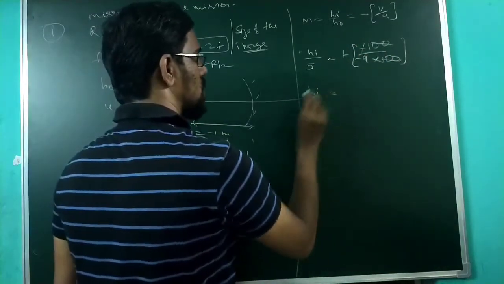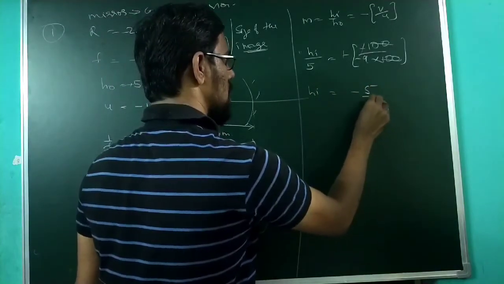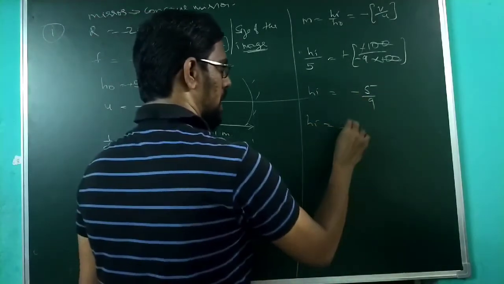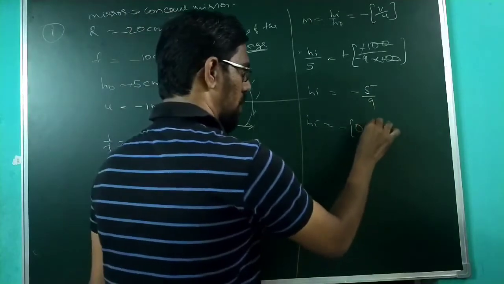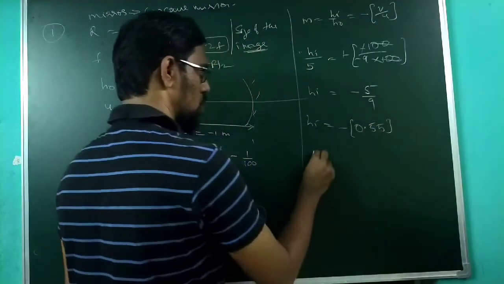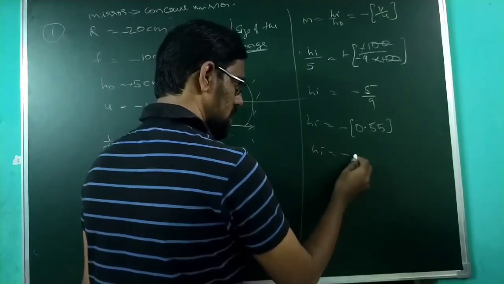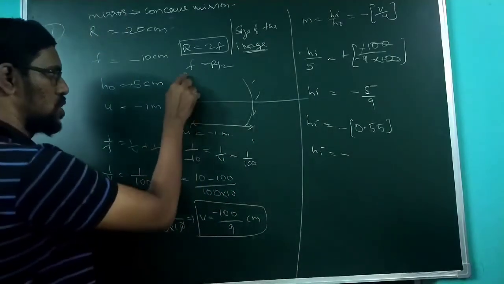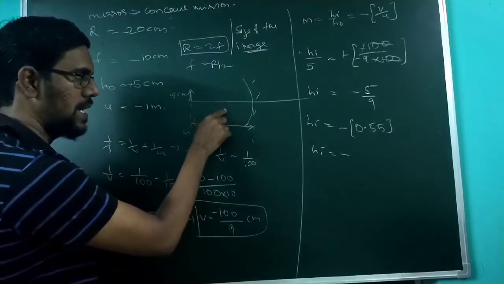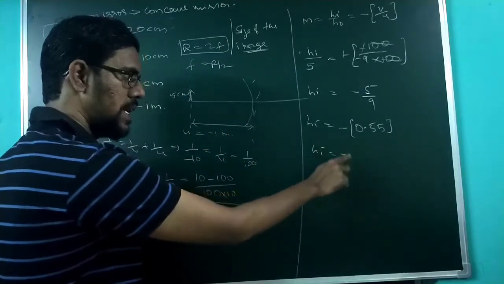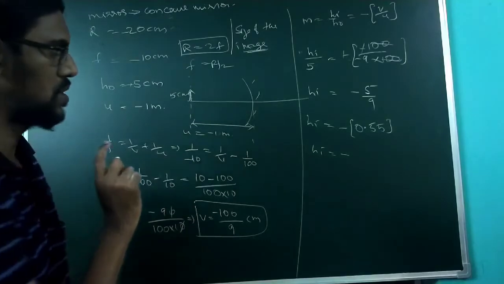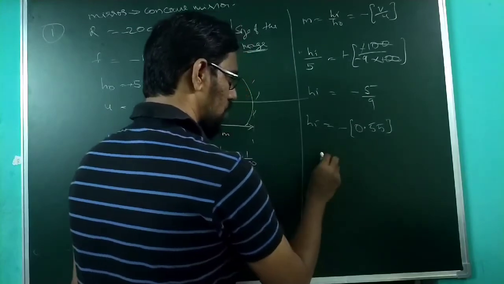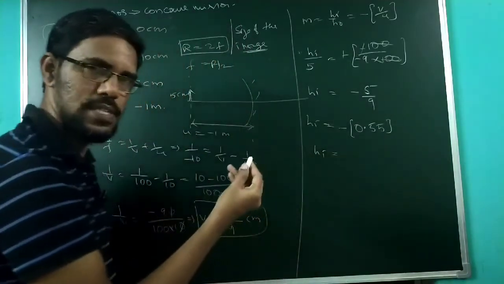So HI is equal to minus 5 by 9, and minus 5 by 9 is nothing but 0.55. What does the minus indicate? The height of the object is in the positive y direction, and the image height is in the negative direction. So this minus indicates that the image is inverted. According to the question, the size of the image is nothing but